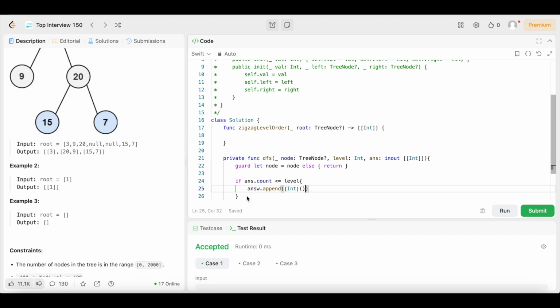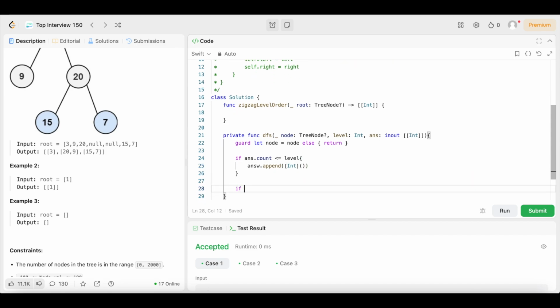So we're going to do that by checking to see if a level is even. That means we're going to append the value to the end of the array. And if the level is odd, that means we're going to insert the value at the beginning of the subarray, right? So that's how we're going to zigzag it. We're going to keep track of which level we're on. So to do that, we're just going to say if level